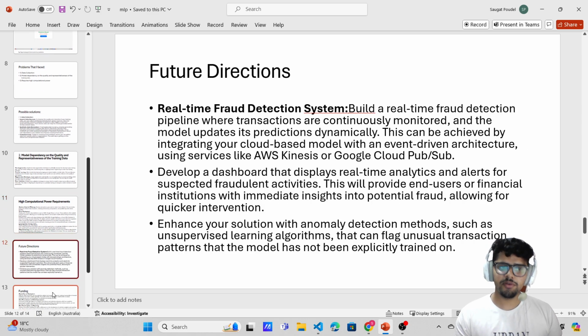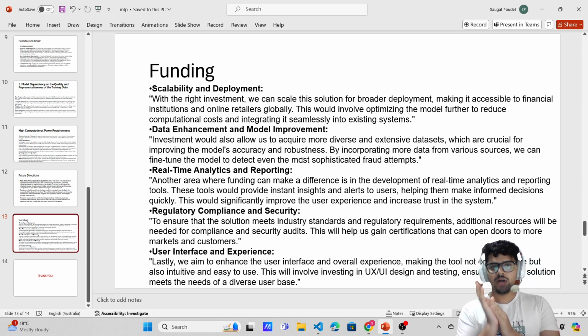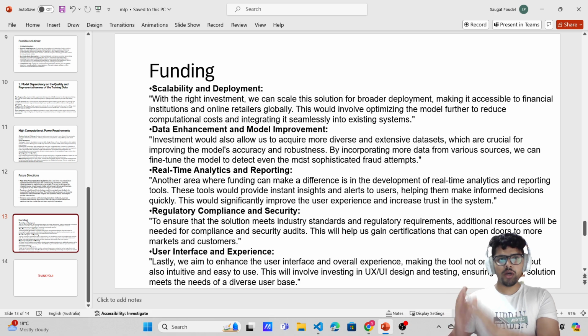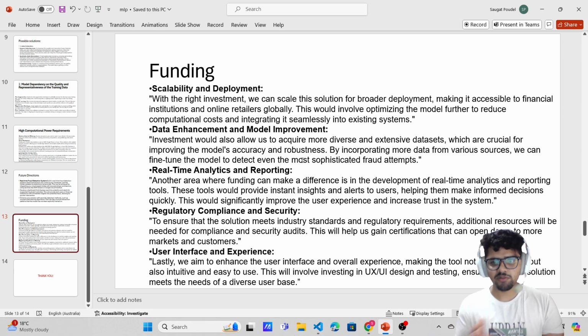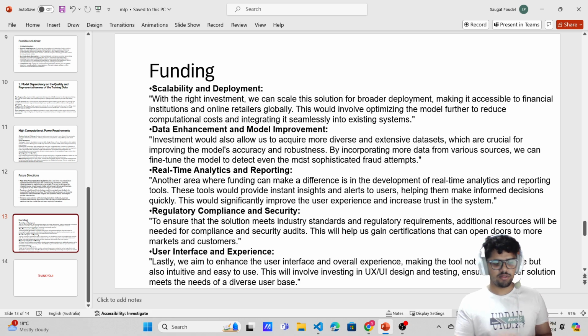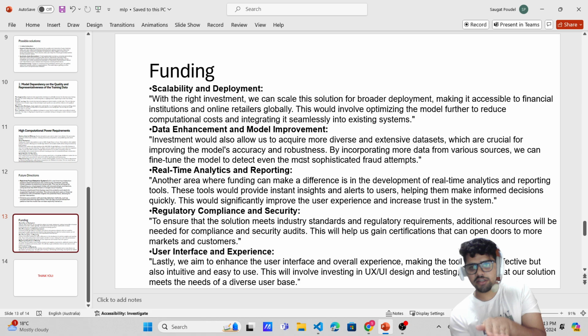So what's the future direction and my funding? Hi all, as you have already seen my project, now I want all of you to invest $100,000 in my project. After completing all these steps, what I want to achieve is to make a complete pipeline where all the bankers and all the people associated with financial institutions can use my software. They can just type the details of a person, and all that detail will go to the